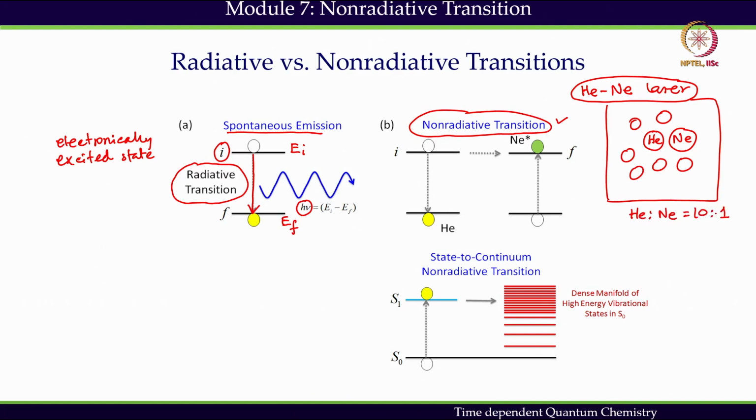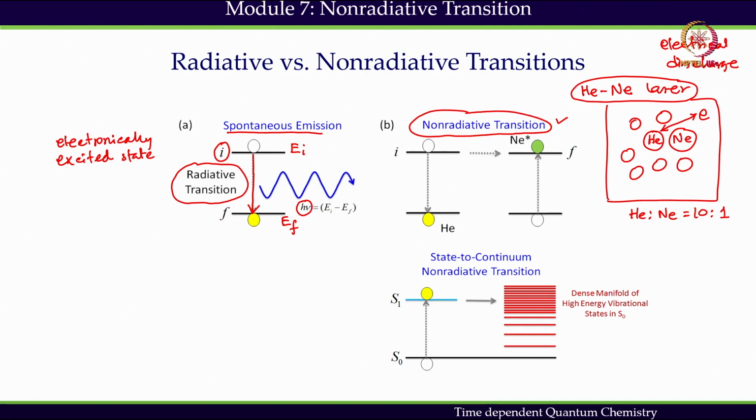Helium concentration is higher than neon concentration, and what happens is we do an electrical discharge in it. So if in this gaseous medium we do an electrical discharge, then we produce energetic electrons, and these electrons actually collide with the atoms. Because helium concentration is high, the collision of electrons with the helium